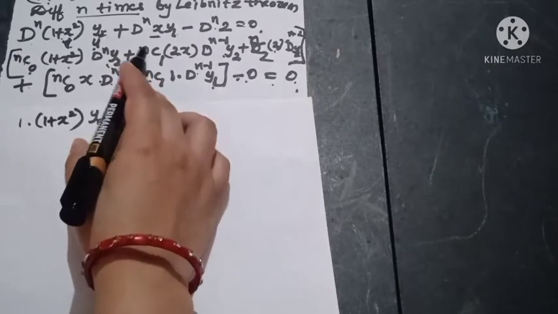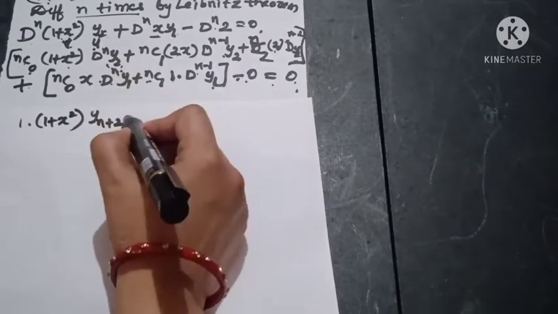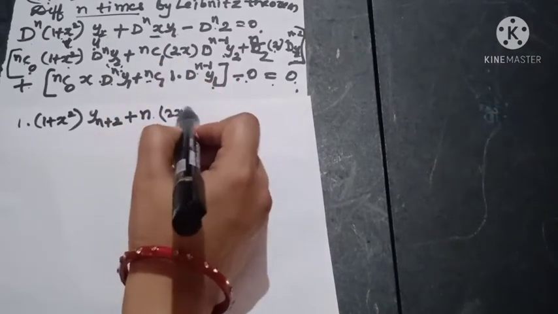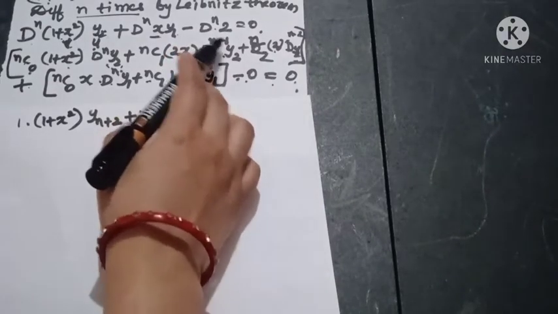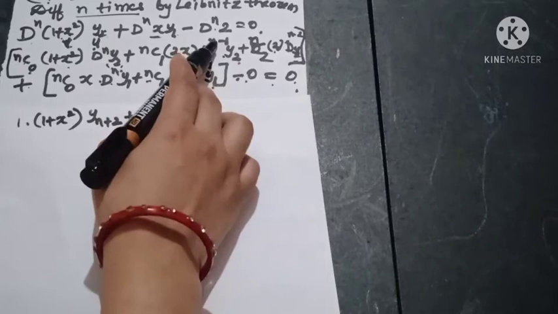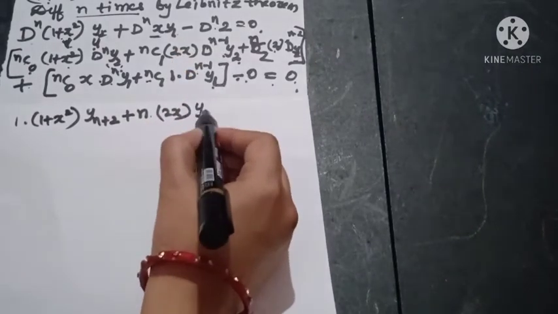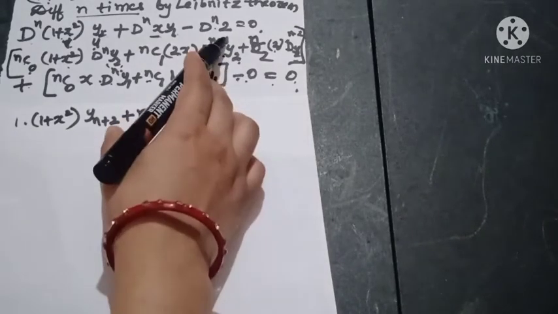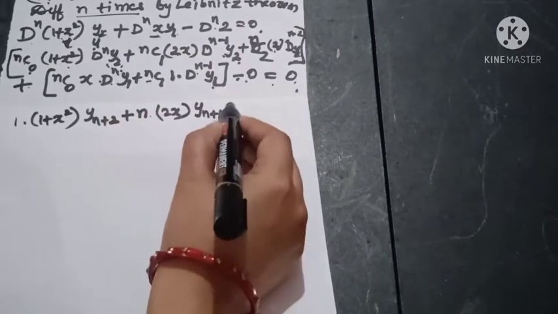Next nC1 is, it contains one term, that is n, 2x as it is. What is the dn minus 1 of y2? Just add n minus 1 and 2, you get n minus 1 plus 2, which is plus 1. So y n plus 1